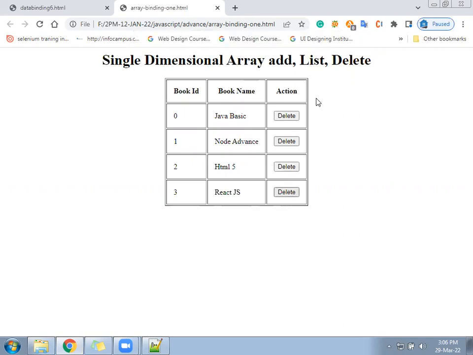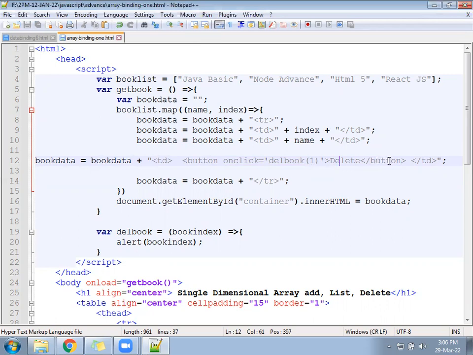We want whichever delete we click, that particular book index should come as an alert. For that, something we have to do. Check once. 1 is coming as alert once you click.